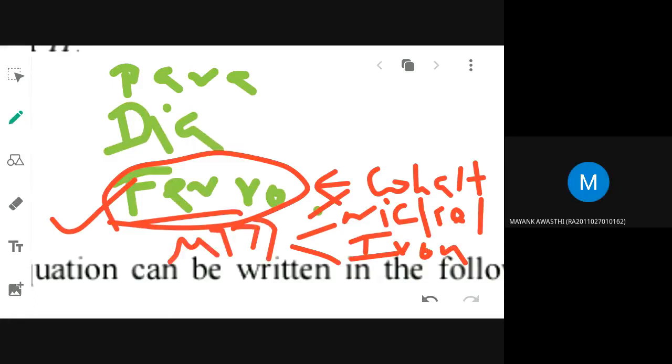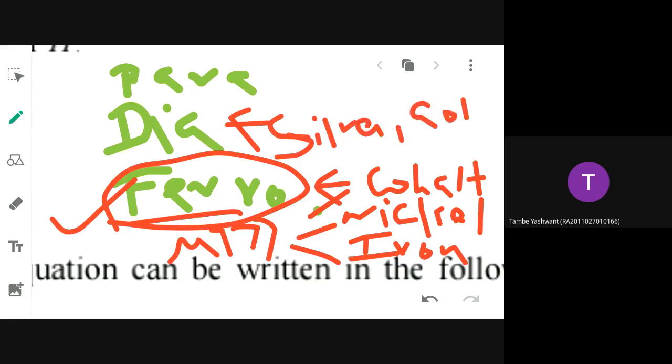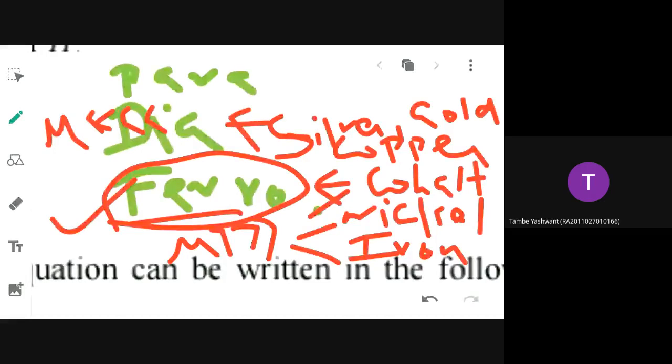Suppose you take the case of a diamagnetic material, ma'am, permeability is less than 1. Examples are silver, gold, copper, all those things are called diamagnetic material. If you place this diamagnetic material in an external magnetic field, will it get magnetized or not? No, ma'am. It will get repelled. The permeability is very low, so these materials are not good for making machines, because when placed in a magnetic field, they get repelled.